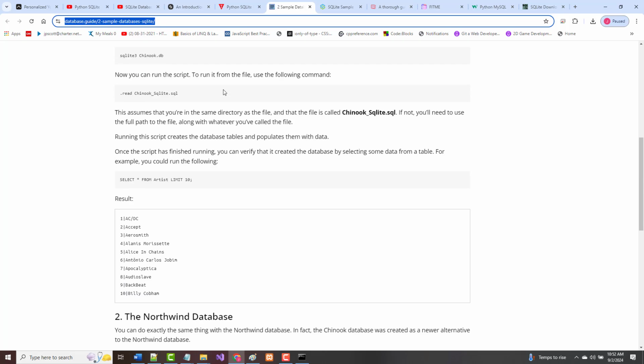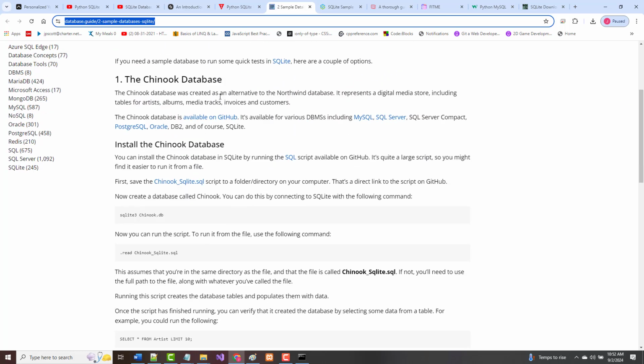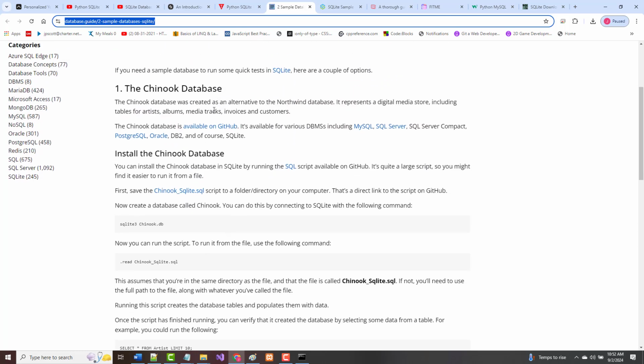Northwind has been around forever, and everybody uses it for just about everything. The Chinook one is much newer. It says it was created as an alternative to Northwind. This is the one I'm going to use. All right, if we take a look at this,